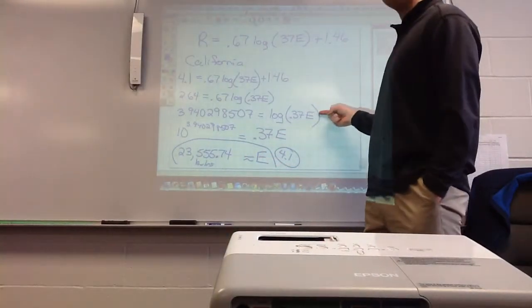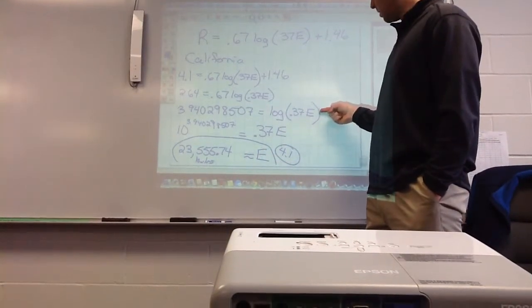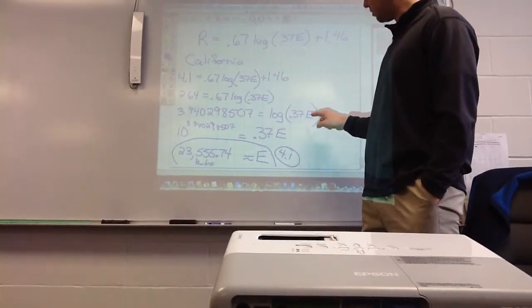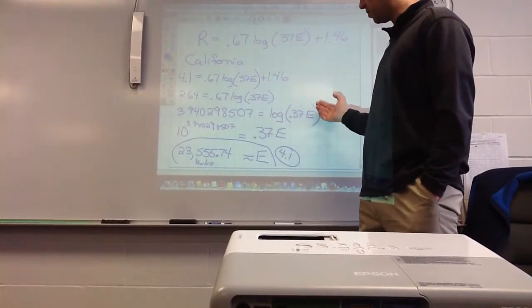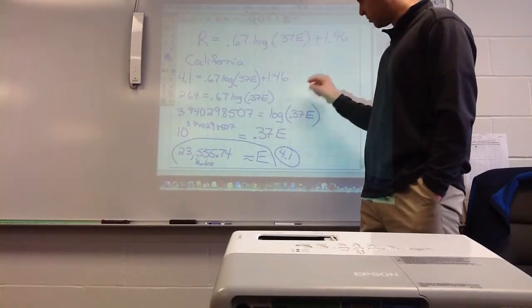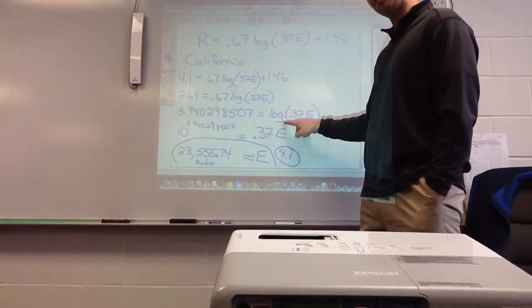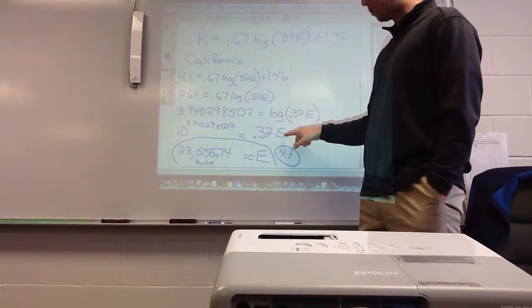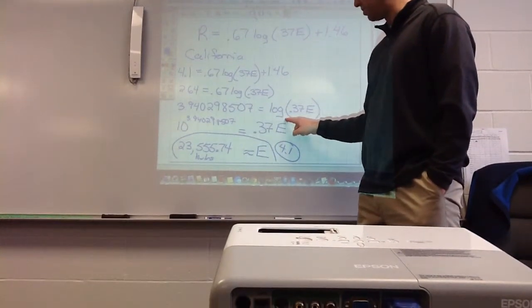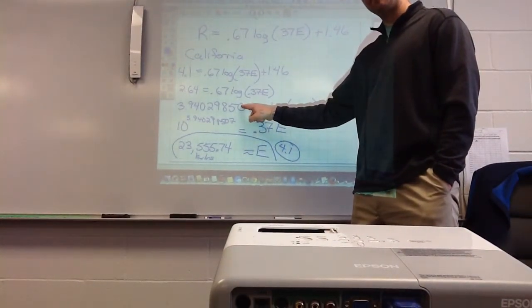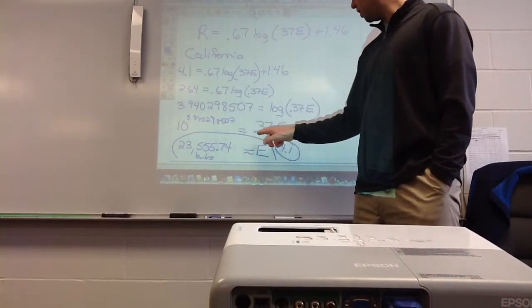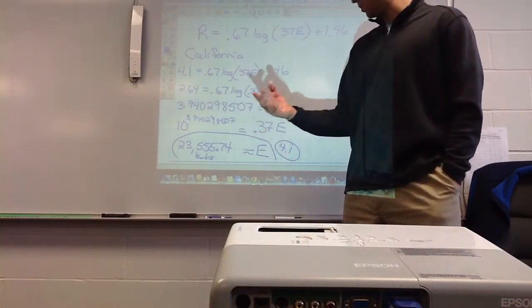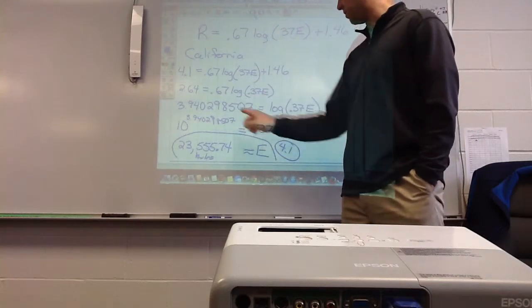So you're basically right here at this step. It's tough to solve for E when E is being logarithmed. So what you need to do is change forms. There's really a little 10 here on your logarithm. To change forms, you take that base and you raise it to the number on the other side. So that's 10 raised to this power equals which one? 0.378. I don't know what you have here, but you're going to say 10 raised to whatever that number is equals